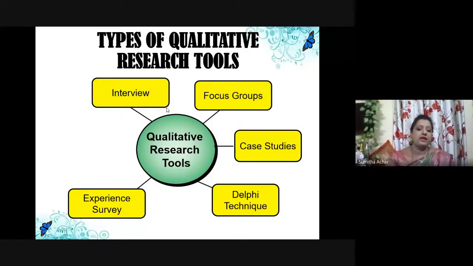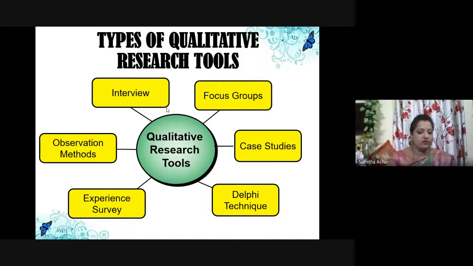So, the last topic. I have spoken so far about the quantitative tools for collecting primary data, but it is not always quantitative. There are also qualitative tools for collecting primary data, right? Under this, we have interview techniques, focus group techniques, case study methods, Delphi technique, experience survey, and observation methods. Again, these methods are different from the other ones. Here, you do not have a structured questionnaire, right? It depends on the knowledge of the researcher, and you can go deeper to collect the data as you want for your research.